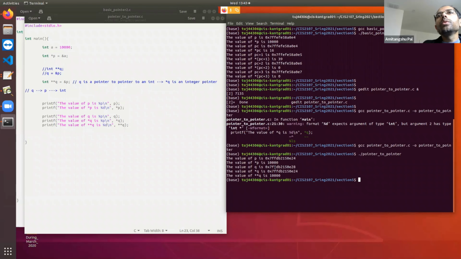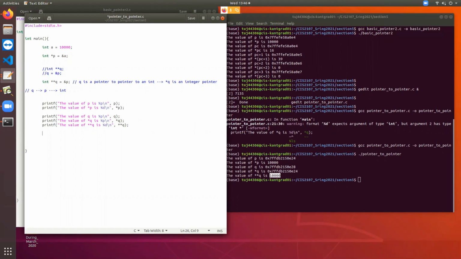Q is stored in a different memory location, but *q is basically the same as p, and **q means q is pointing to p is pointing to a. That means the value of a is 10,000. Right? So if you just imagine that picture, you should be clear.